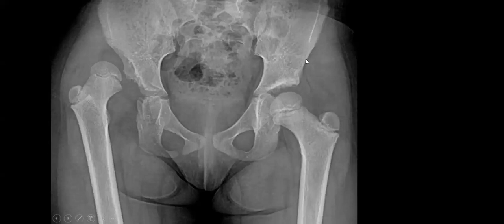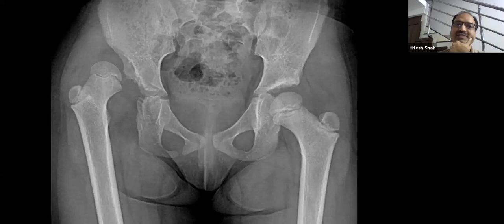But there will be other telltale signs also, sir, apart from the dislocation, of the infection. Like there may be asymmetric growth of the head. There may be some irregularities in the surfaces on both sides, on the acetabular as well as the hip side. That will not disappear within a few years; it will be common in the first or second year, but after 5 years that would not be common. But you are correct.